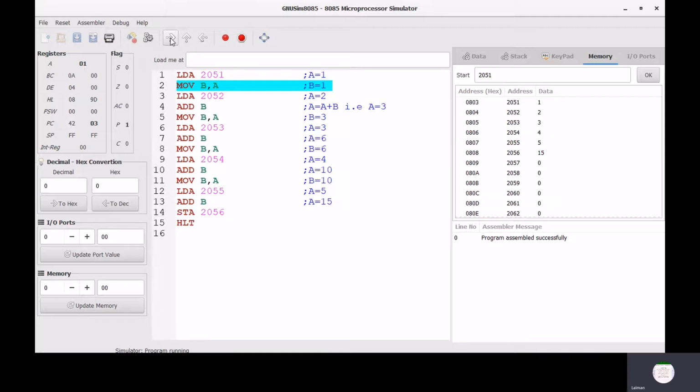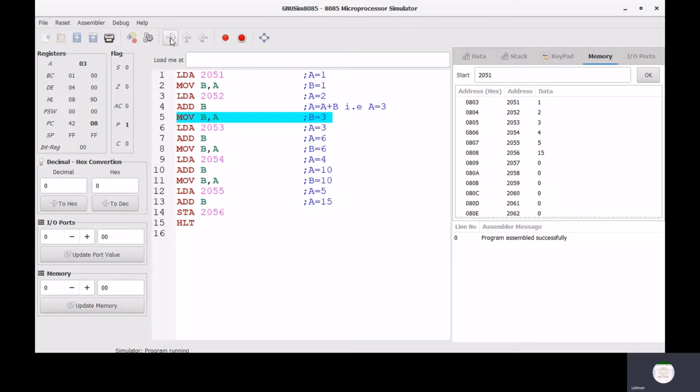Now take the data value 2 from memory 2052. Now next instruction, ADD B. We add the 2 to the previous accumulator content. This becomes 3. Now again move this accumulator content into register B. B becomes 3.